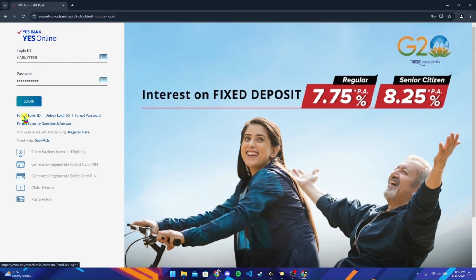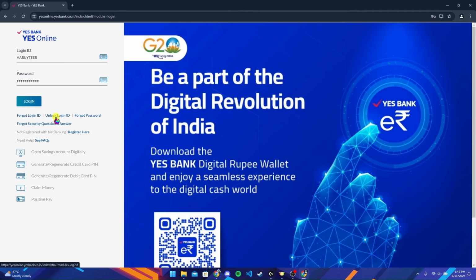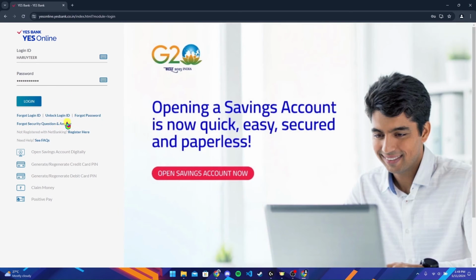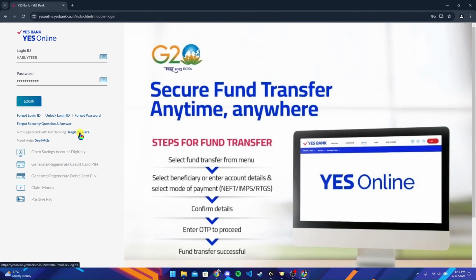Also, if you have forgotten your login ID, click on this link. To unlock your login ID, click on this link, and to reset your password, click on this link. Also, if you have forgotten your security question or answers, click on this link, and click on this link to register